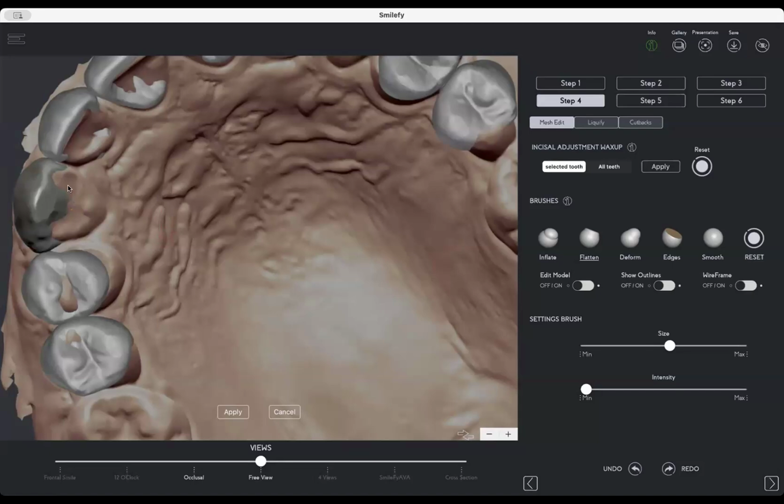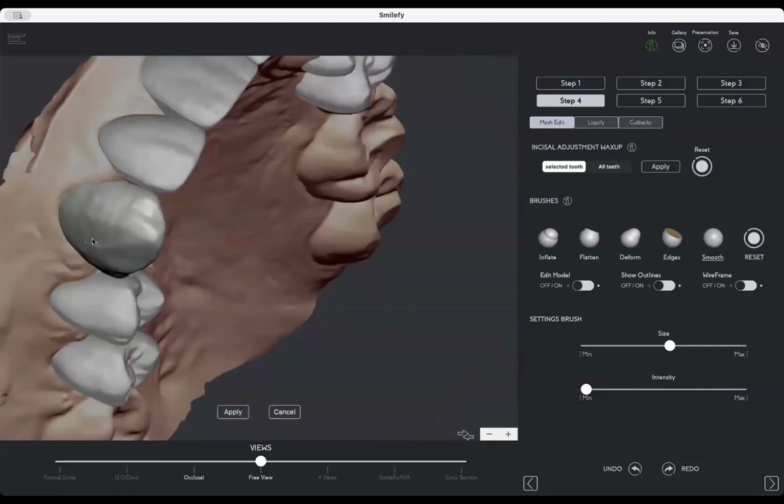You can delete what you don't want to have in your mockup. Inflate, you can bring more volume and inflate your tooth, which in this case we don't want. You can smooth out, for example, some edges,